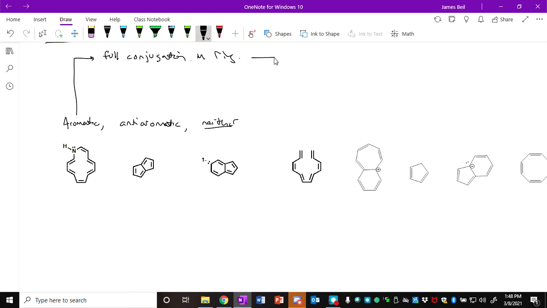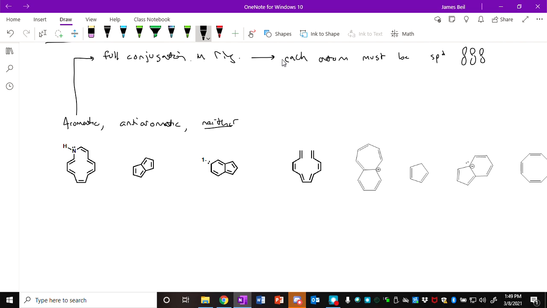What that means is each atom, it doesn't have to be a carbon, must be sp2 hybridized so that it has a p orbital that can overlap with the neighboring p orbital side by side,